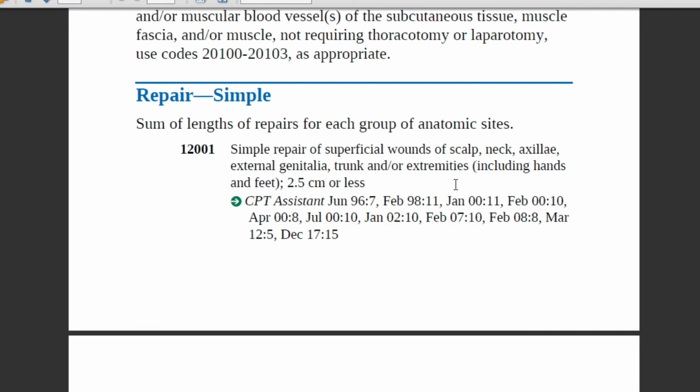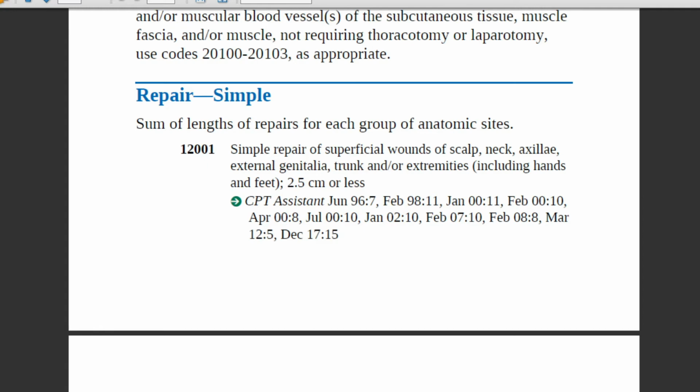So what does the coder have to do? The coder has to follow the guidelines to assign the accurate code. So he has to add the diameter of the same body group even if it is a different anatomical site. For scalp 2 centimeters and feet 5 centimeters, if you add that it becomes 7 centimeters.